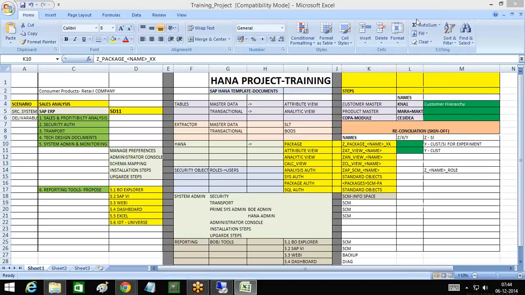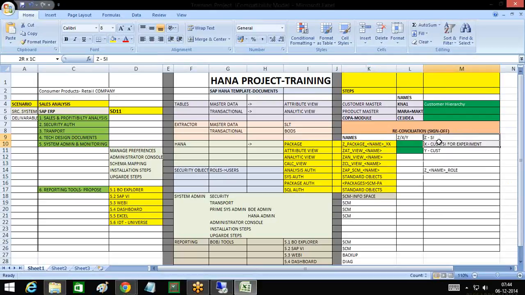What we see to the right-hand side is in column M, where I'm using the yellow highlight. In column M, you have object names that we generally use to start the technical identifier name of that new object. So the Z here is the prefix that we generally provide when we are creating a new object